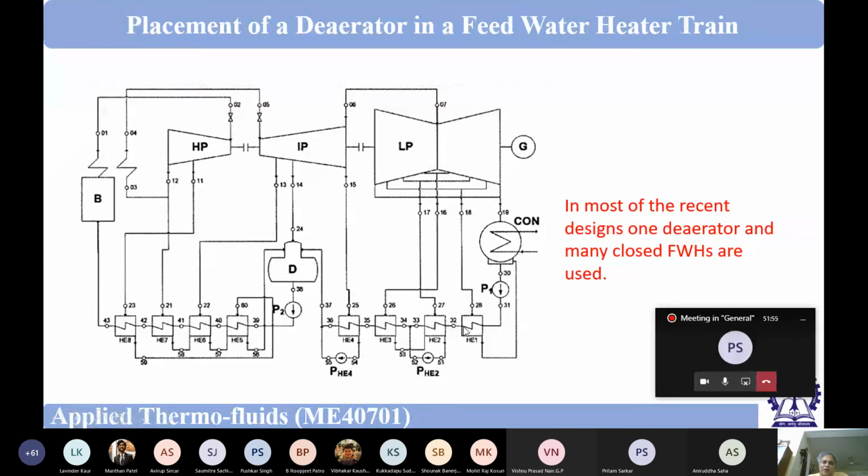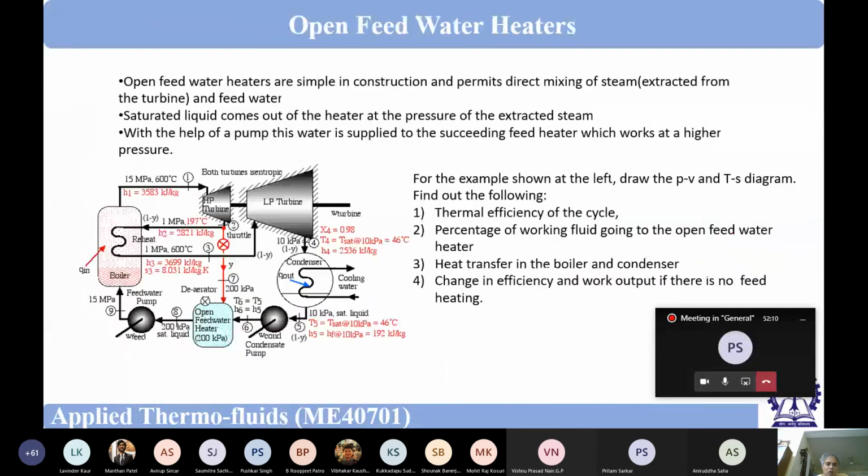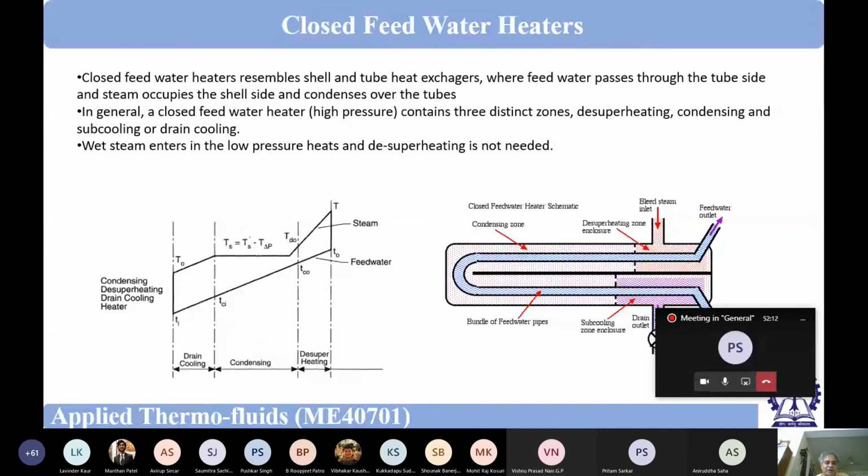Most probably it will be wet steam. So feed water heaters are not all the same. Means the internal design of all the feed water heaters is not the same. When we are having a high pressure feed water heater,